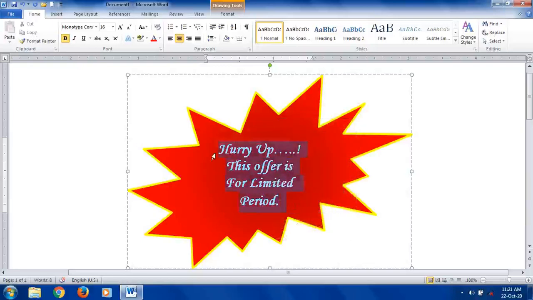So this is the text I am going to display, as you might be seeing in banners and all. This type of shapes they will use, then different types of effects will be given for that shape. Afterwards they add text in that shape. So this is the way to place the text in Microsoft Word.